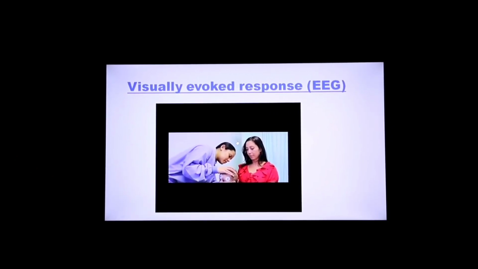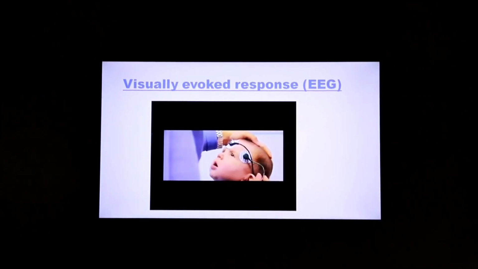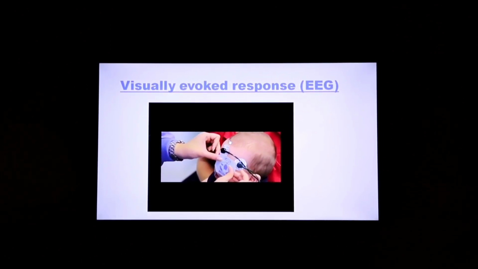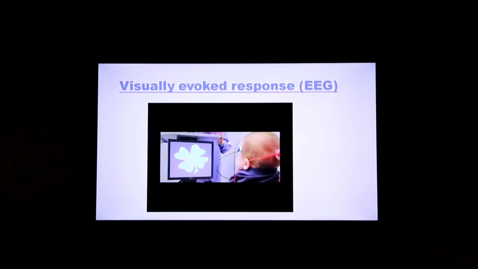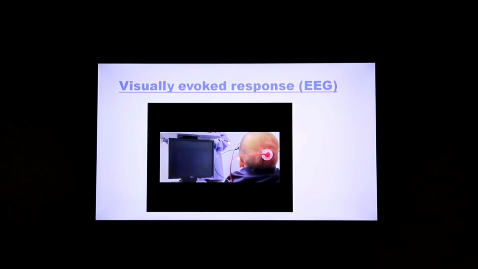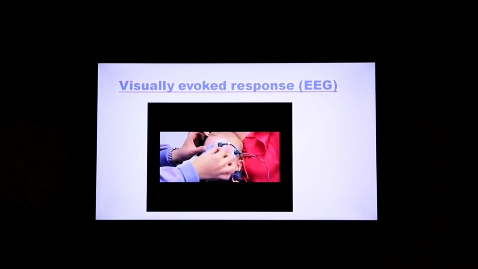Next, visual evoked response, VEP. In this, the recordings are made from the occipital lobe, and thus the functioning of the visual system beyond the retinal ganglion cells is tested. In this, one eye is patched and the readings are made from the occipital lobe by asking the child to look towards the television. Then the second eye is covered and the same is repeated.